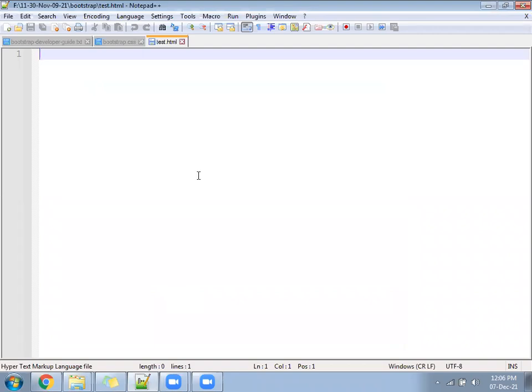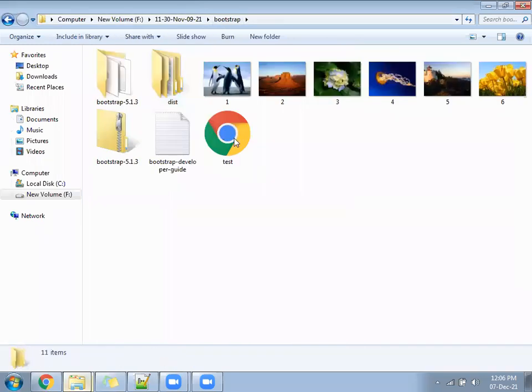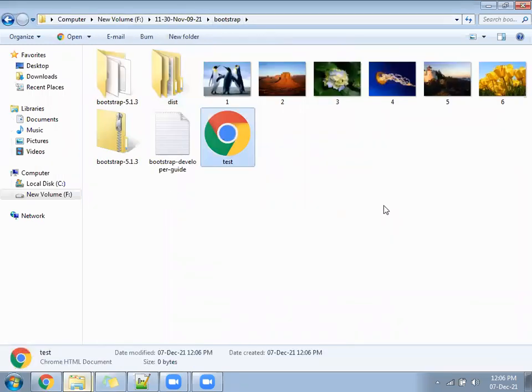Create the file test.html under the Bootstrap folder. Here you can see I have created the file. In which folder? Bootstrap. The test file and dist folder are both at the same place. After creating the file, go to the folder and verify once whether the file is there in the folder or not.